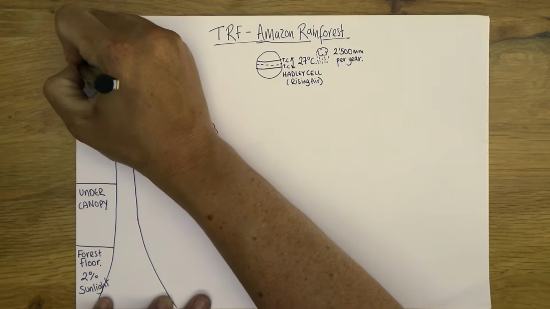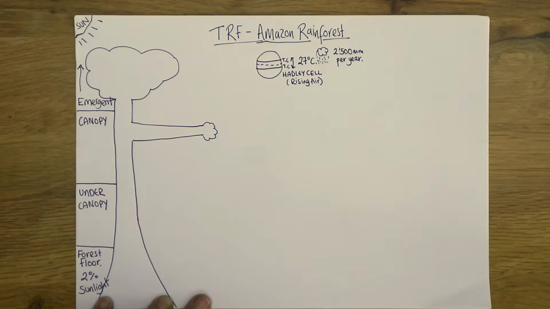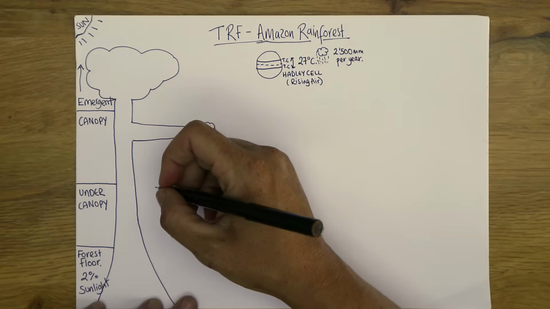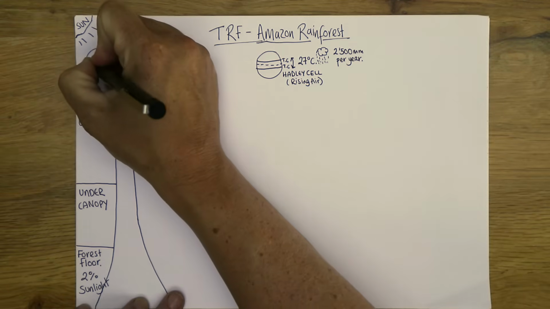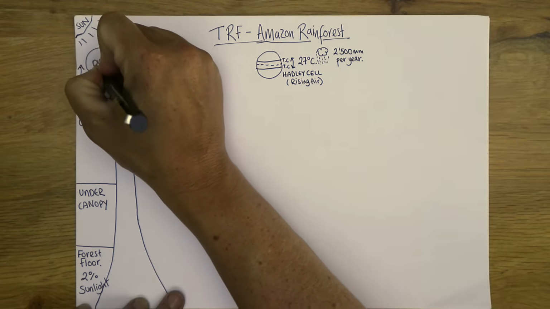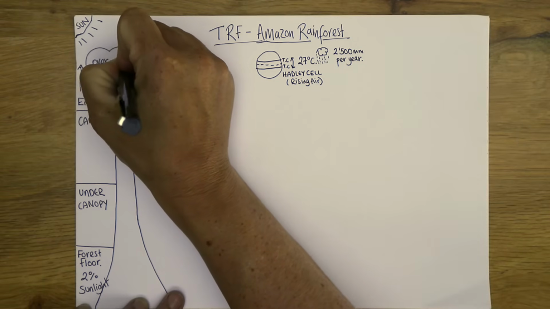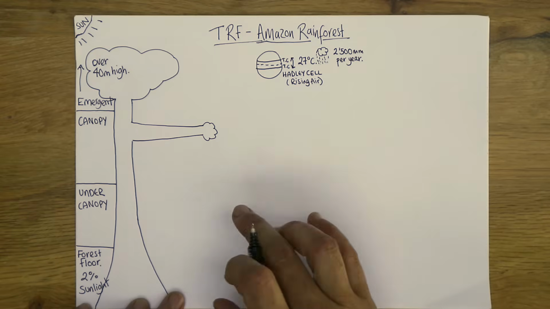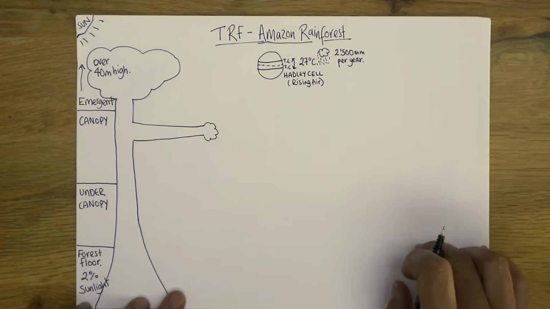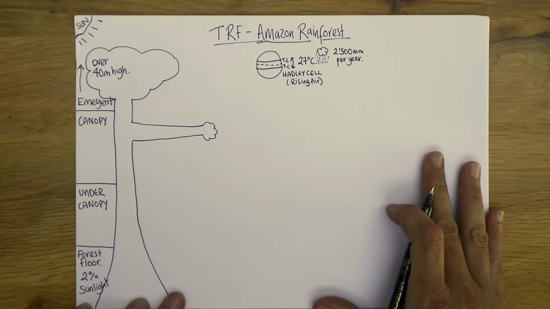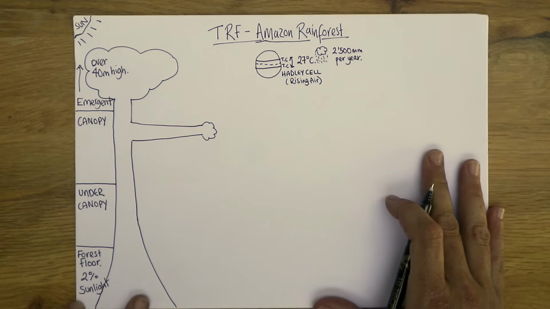And this layer, I'm just going to put an arrow going up, it can be over 40 metres high, sometimes much more than that. So I'll just put over 40 metres high. And then, when you are looking down on the rainforest, imagine like a drone shot, you would see the odd tree just dotted about here, there and wherever that's significantly higher than the canopy layer. Okay, let's talk about some of the